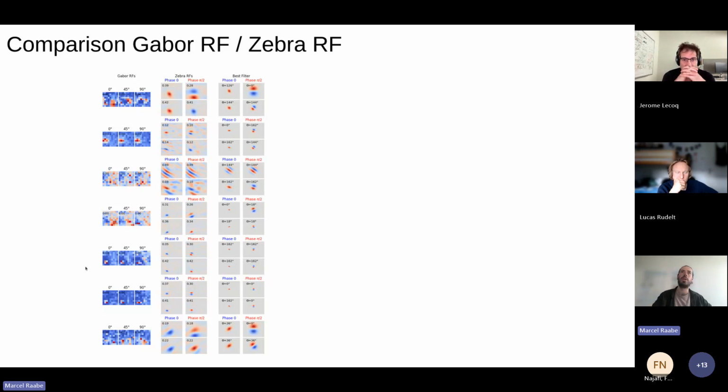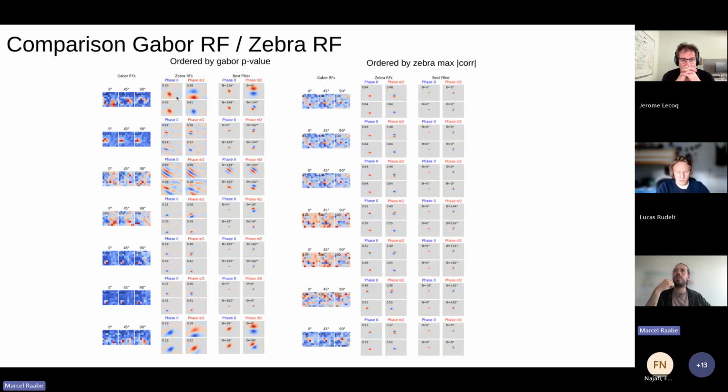So what I did here, just to repeat myself, is I selected the most significant GABA results and matched the zebra results for the same units. I can also do the opposite around. I can take the zebra results with the highest amount of correlation and plot the corresponding GABA patches. And these results are not